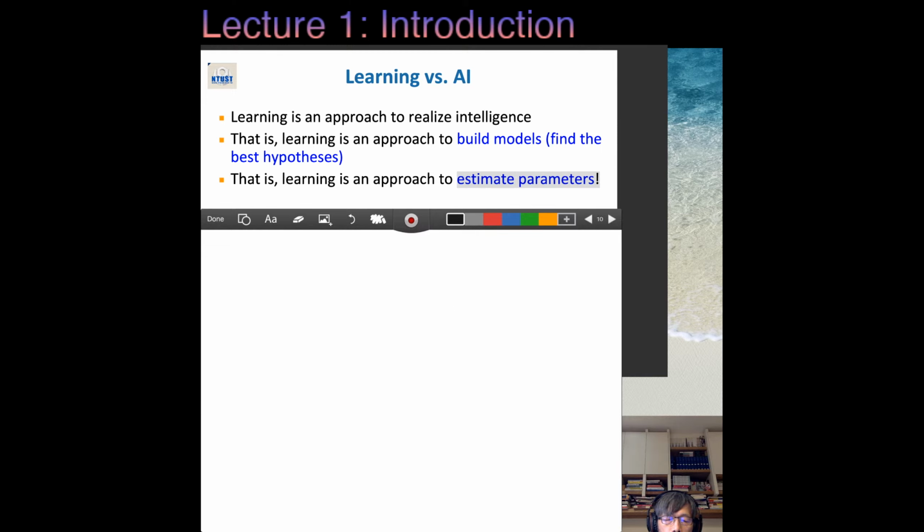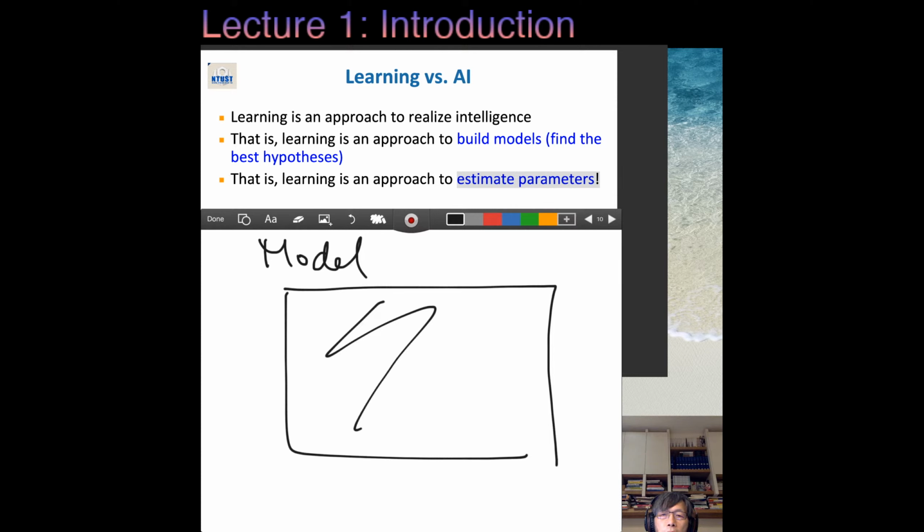The model is like this. If we zoom in, there'll be a lot of statements. But what is different between the old model and the modern machine learning model is that the machine learning model will have a lot of empty space.